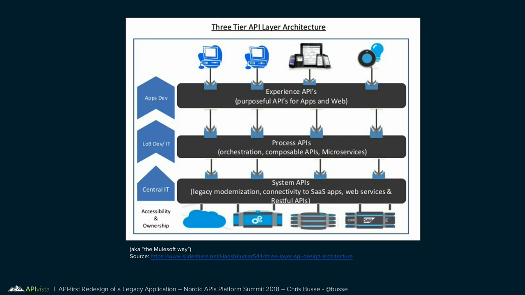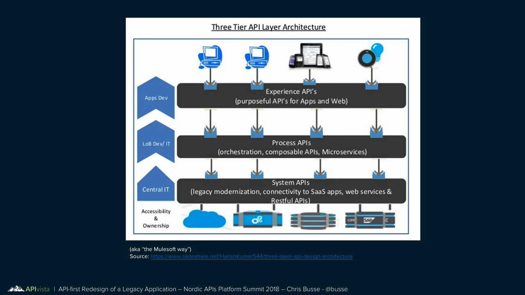And then on top of that, you can write process APIs that orchestrate things. And on top of that, experience APIs. In this example, they have experience APIs for different experiences. Could be web, mobile, point of sale, IVR, all of those things. The API product reusable approach might say you try to make one for everything. Sometimes that doesn't work in the real world.